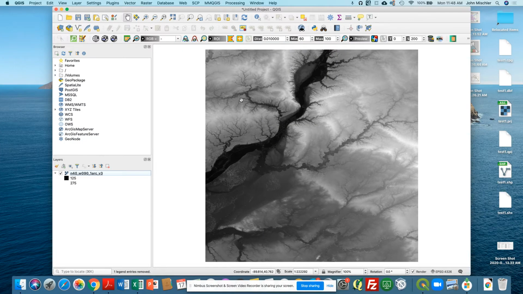QGIS, so I've got my DEM loaded, and do notice down here that these coordinates are in latitude and longitude, right? So this is a geographic, a non-projected geographic coordinate reference system that we're dealing with here. So we're dealing with lat-long. Okay. So when you're dealing with latitude and longitude, but your elevation is in meters, which is the case here,